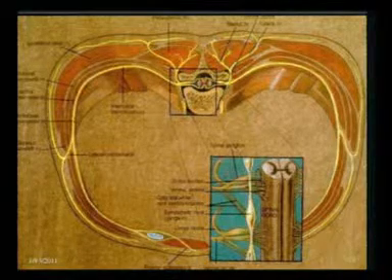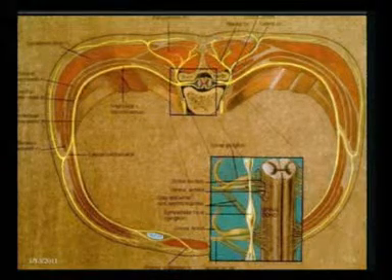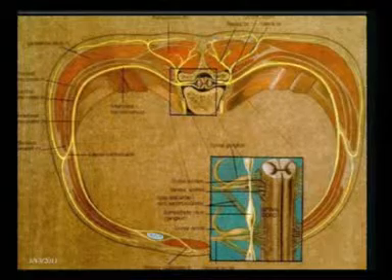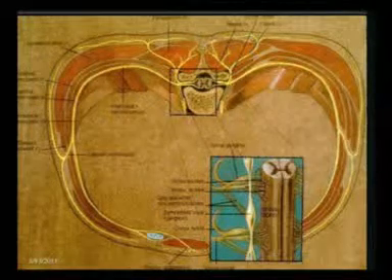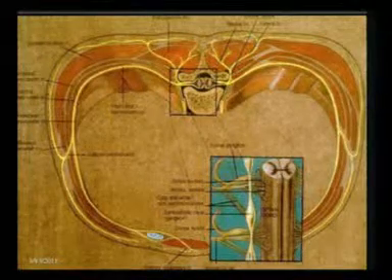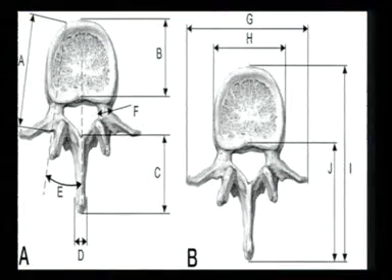This is how the nerves are distributed. These are the posterior dorsal rami branches which supply the posterior part of the skin, and this is the ventral rami which continue to supply the anterior part. Now, before going to the lumbar paravertebral block, we should know the area of our interest, and some facts regarding the vertebra.